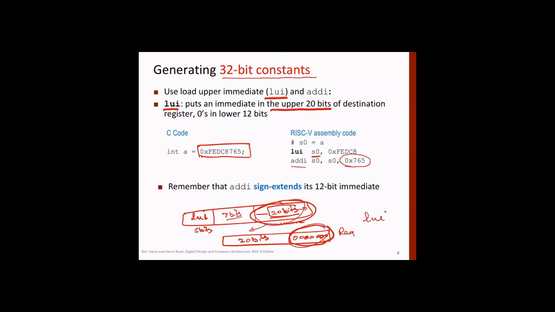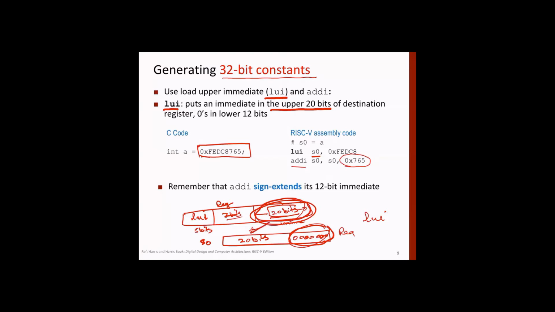Then you have to specify into whom, so there should be some register here, load into register. So when we say LUI S0, that is into register S0, you load